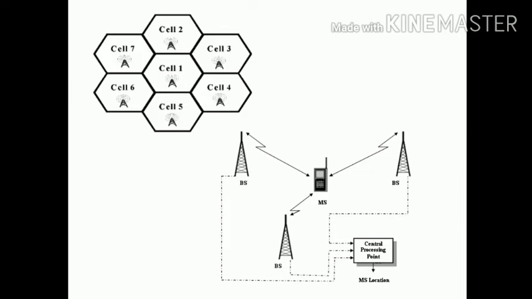A cell is assigned a bunch of frequencies and served by a base station consisting of trans-receiving system and control unit. A BTS, that means base transceiver system, is employed as a hub to handle the information transfer between source and the mobile terminals. Now the MSC means Mobile Switching Center, which controls all BTS. So MSC takes part in the registration update, authentication and call delivery process.